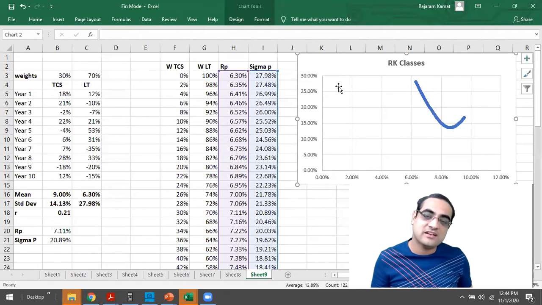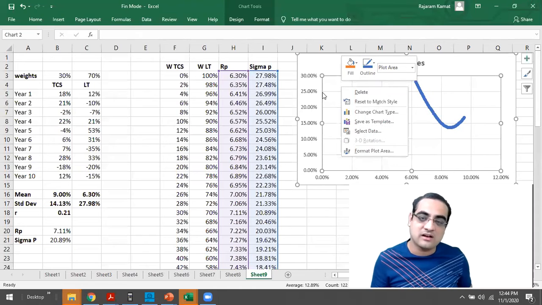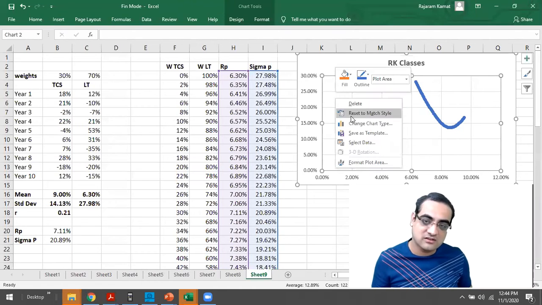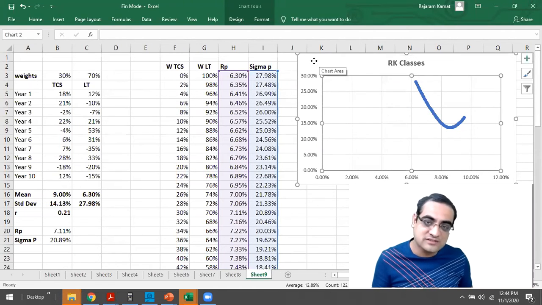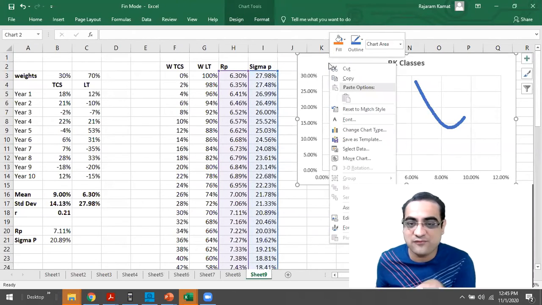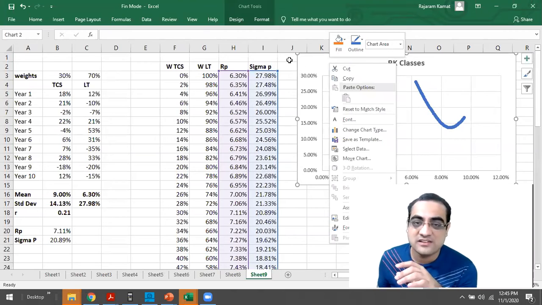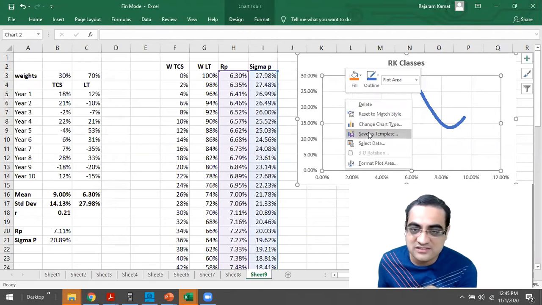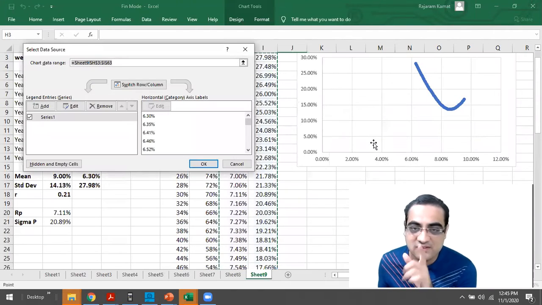So what I will do is I'll click on that. Inside the graph, not outside the graph. Outside the graph किया तो कुछ आता नहीं है. So if I select it outside the graph and right click, there's nothing. There's a formatting वाला thing आ रहा है. नहीं, select data आ रहा था. So ठीक है. I'll click on this, then select data.